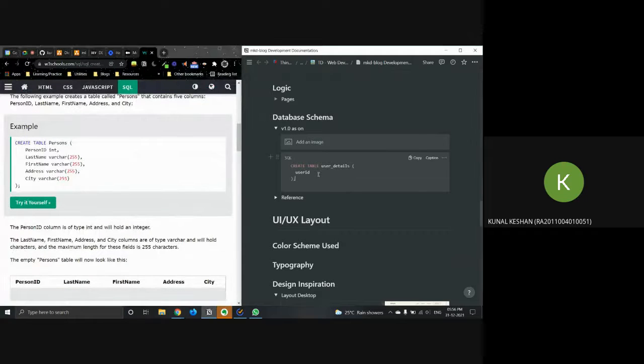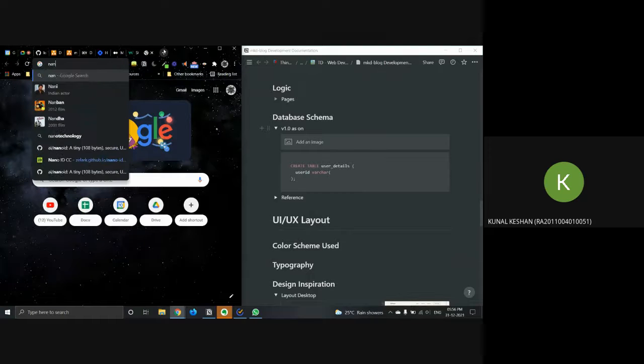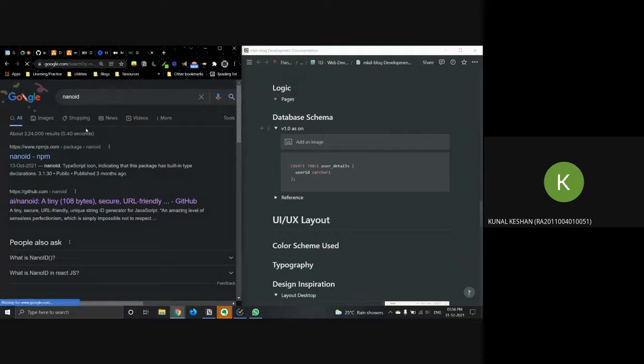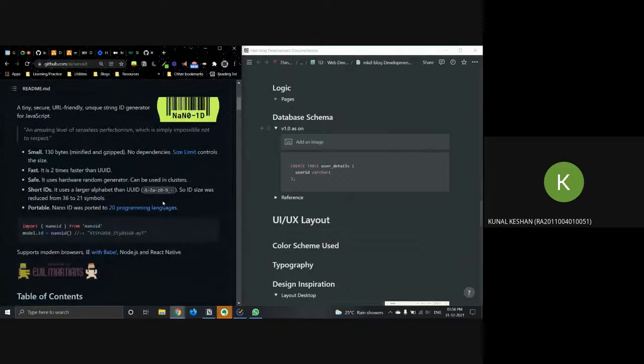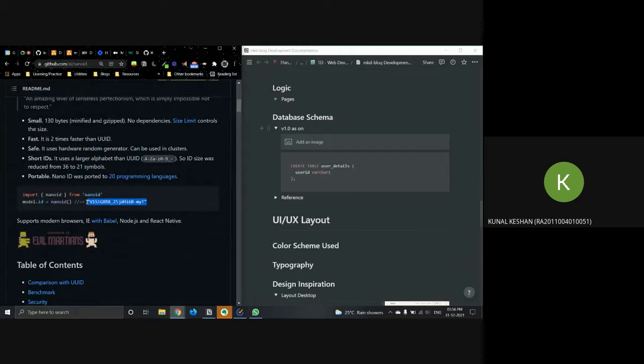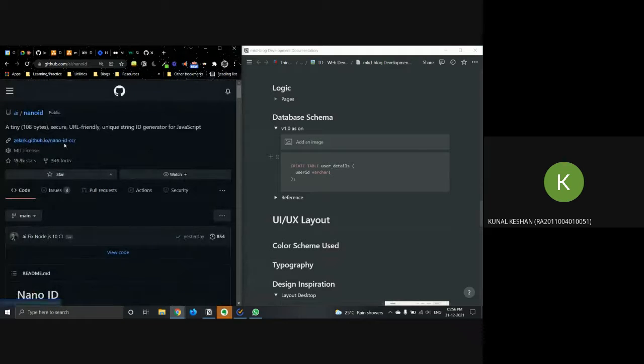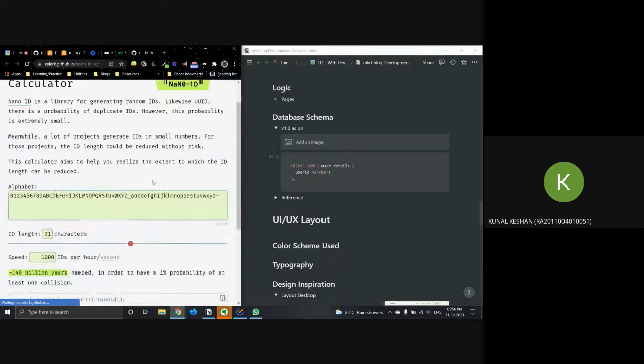All right, so user ID will be a varchar. Have you heard of this one, Nano ID? Basically it generates a random string for us, something like this. We'll be using this in our project. We'll be generating a nano id and it will return us a string like this. It also gives a probability of how it can be hacked.